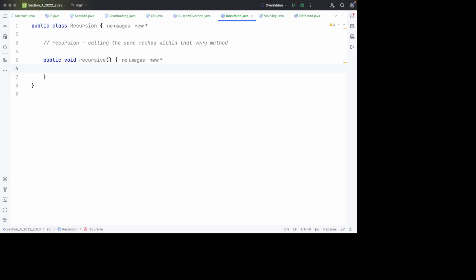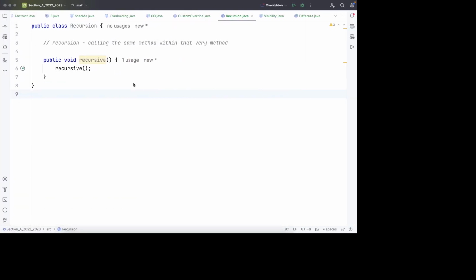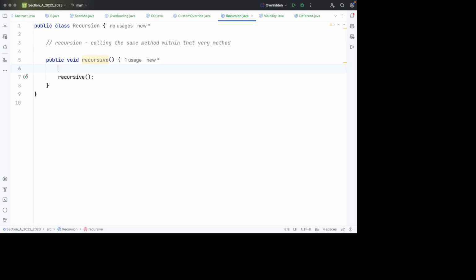So to make this a recursive call, all I have to do is call this very method within itself, and by doing that I am demonstrating what? Recursion. So basically just doing this should give us these marks. Your program should make a call to the recursive method and provide some output. Okay, let's provide some output. So if we say some output like this,